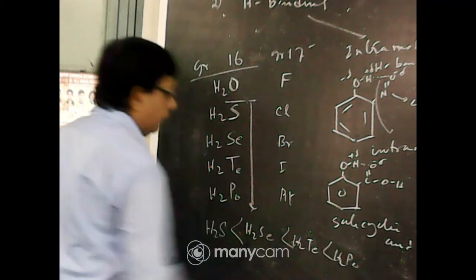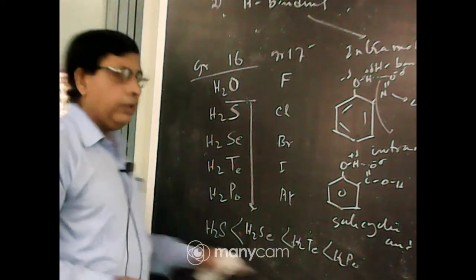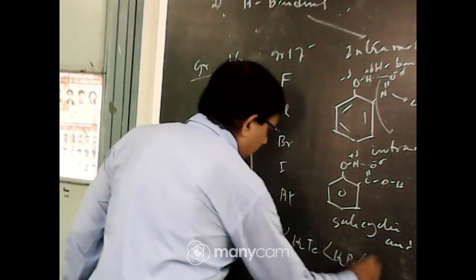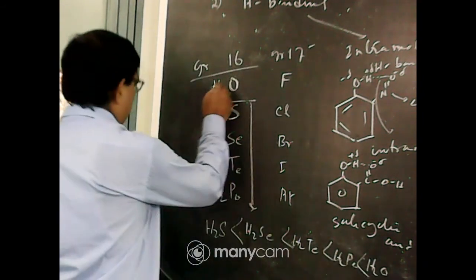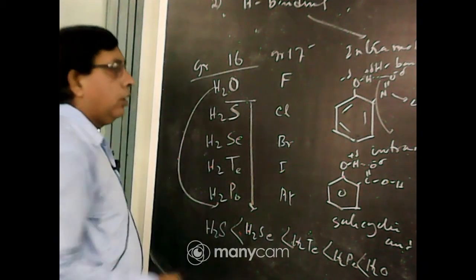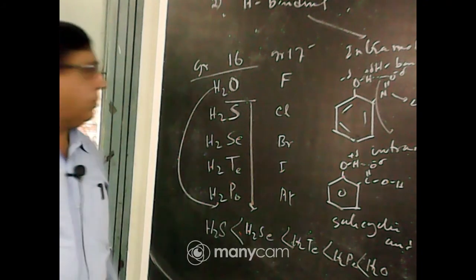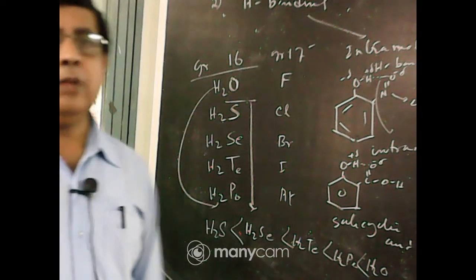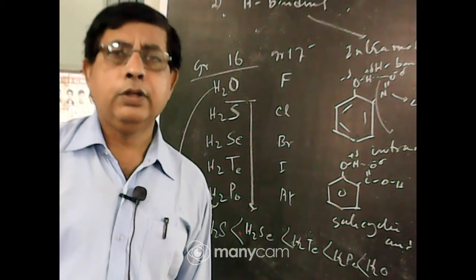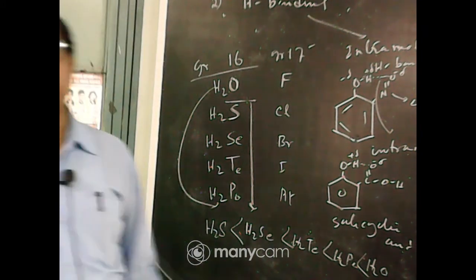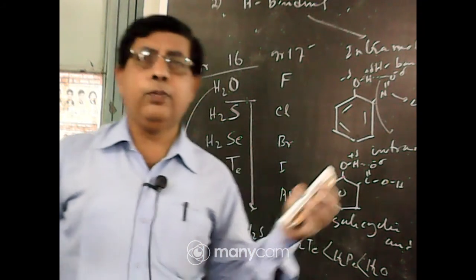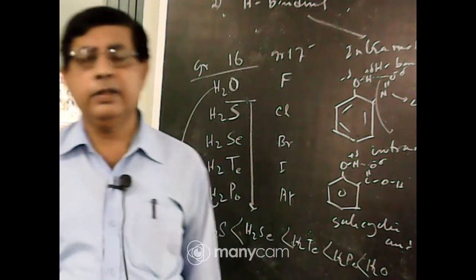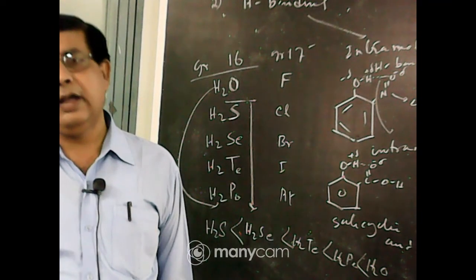Why does the melting point increase down the group in this way? Due to the increase in molecular size, so van der Waals force increases. But water has the highest boiling point among all these. Though the molecular mass of water is very small compared to H2S or H2Se, in water molecules intermolecular hydrogen bonding is present. Due to intermolecular hydrogen bonding, one water molecule is bonded with four neighboring water molecules, and to break this bond a large amount of energy is needed, so water has a higher boiling point and melting point.